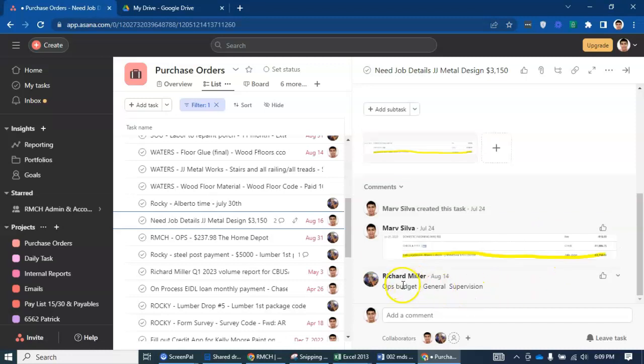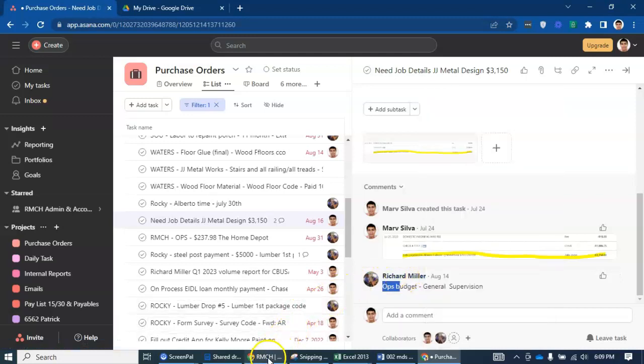So he said that this is operating budget, general supervision. When you say operating budget, there's no need to record it under the BT.